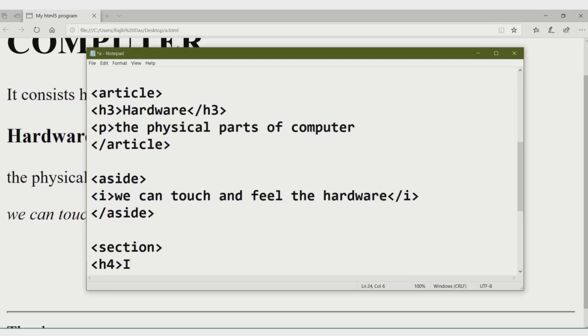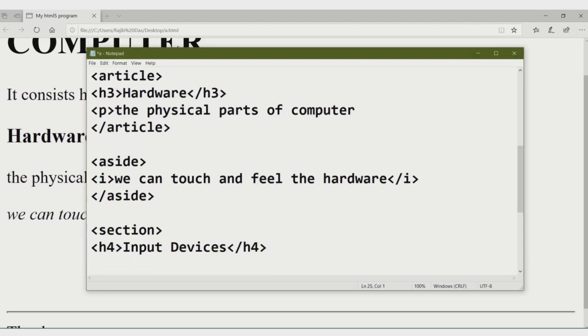Suppose, then again a paragraph, it is used to give input. Just writing one line about the input device.